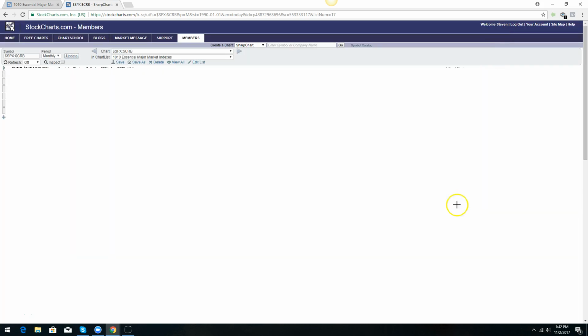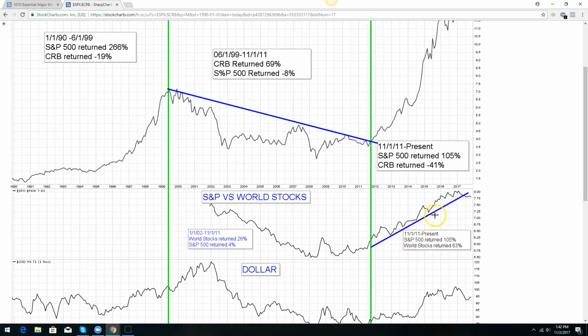Now, I'll just tell you what I've done. I do have some very long-term money, and I simply rotate between world and US, in my wife's IRA. I have already moved her S&P 500 ETF into an all-world ex-US ETF because of this break. And if history tells us anything, at least these last two examples, it could potentially represent a 3 to 4 percent per year outperformance over a significant period of time,